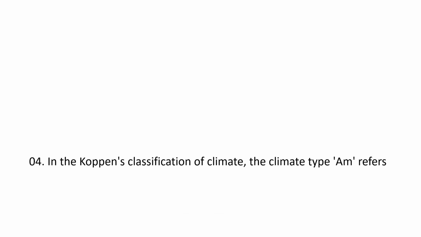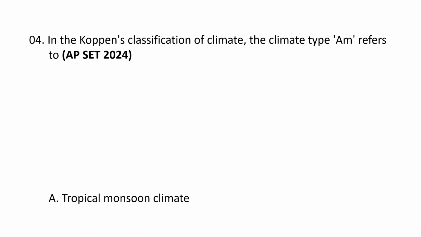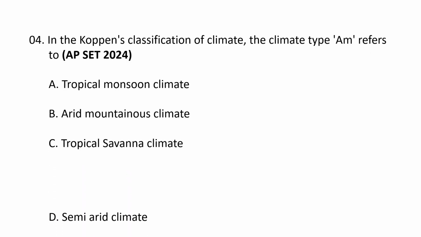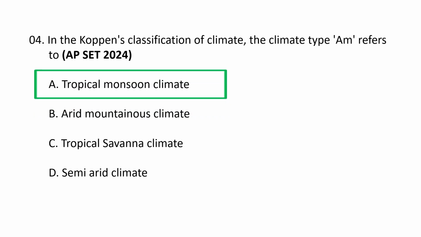Next question. In the Köppen's classification of climate, the climate type Am refers to A. Tropical monsoon climate, B. Arid mountainous climate, C. Tropical savanna climate, and D. Semi-arid climate. In the Köppen climate classification, Am refers to a tropical monsoon climate